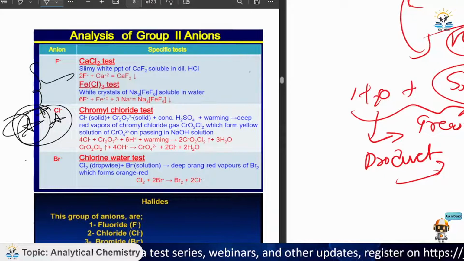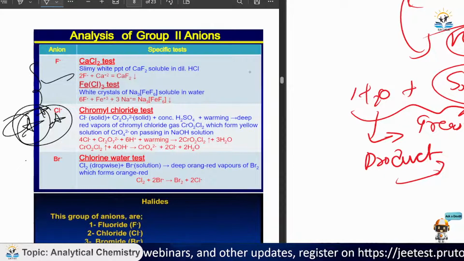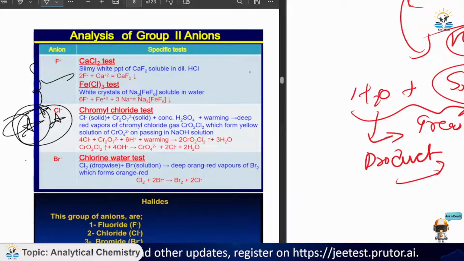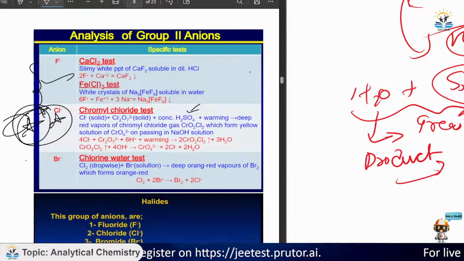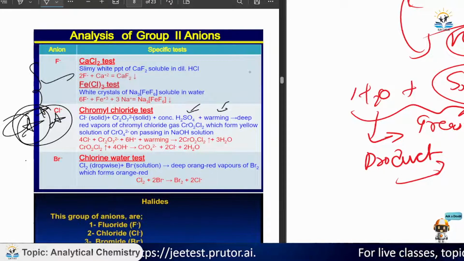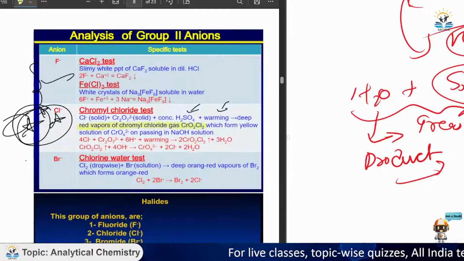Now, chlorine minus ion, present in solid form, on reacting with dichromate and concentrated H2SO4, I mean acidified dichromate, Cr2O7 2 minus, and we heat it, it will give us red vapor of chromyl chloride gas, that is CrO2Cl2 gas, which will form yellow solution of CrO4 minus